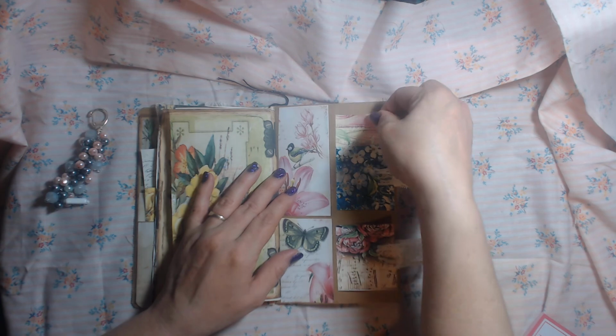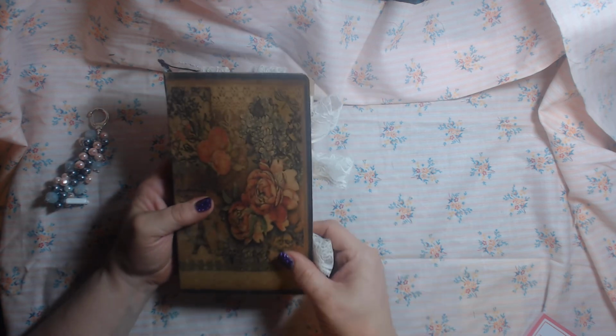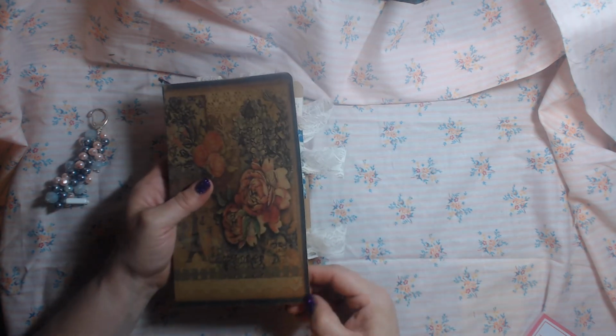For anyone that gets this journal, they can have this with it. Just a little something. You can stick this in your purse. I mean, it's good and sturdy. So I hope,